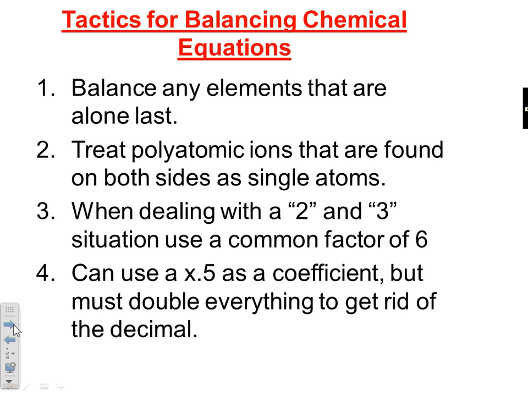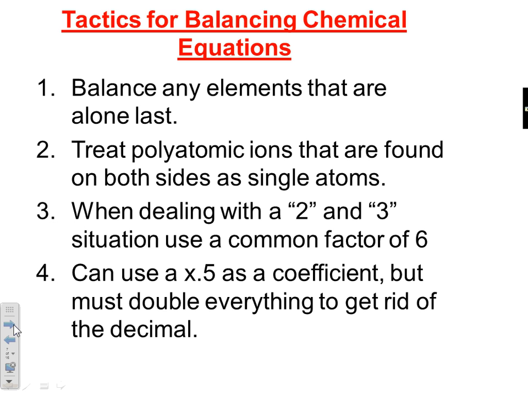I say that if you're dealing with a diatomic gas like oxygen and you've got a 2, sometimes if you could just have a half of an oxygen molecule, let's say you just need 1 more oxygen atom and it would be balanced. But they only come in pairs. Well, if you had a half of an oxygen molecule, that really means 1 oxygen atom. And if you use a half as the coefficient, say 2.5 oxygen O2s, which are 5 oxygen atoms,